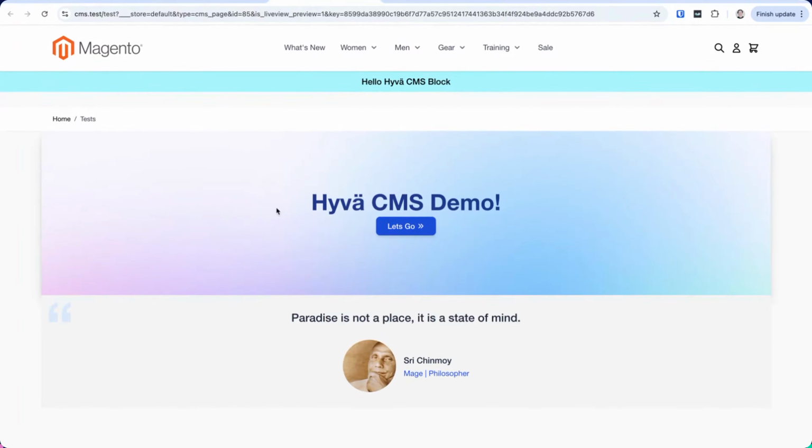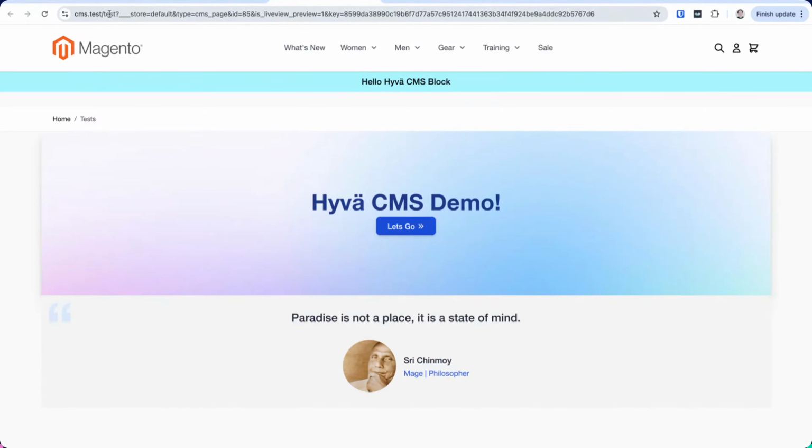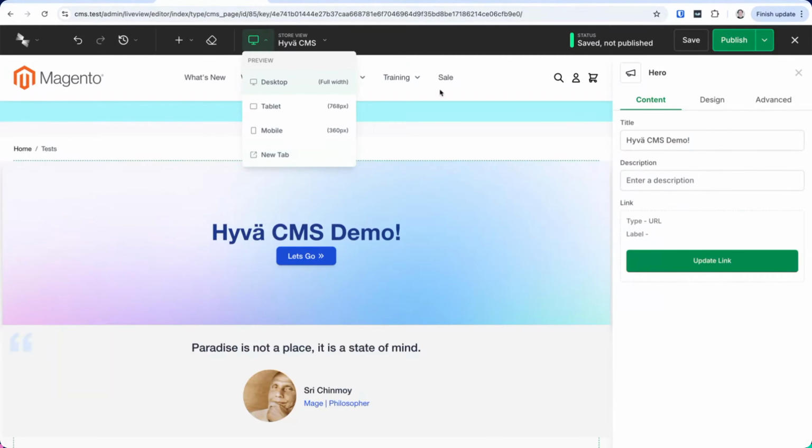And this isn't actually a page. Like we're on /test here. If I refresh the page here, you see it's still showing the old page builder content. But because we have this special URL here, we can actually share a preview of the page with other people who aren't logged into Magento. So you can share your work, your progress, get feedback, and then when you're ready, you can publish it. And that's why we have this little status indicator here. That's, I think, a big change for Magento.